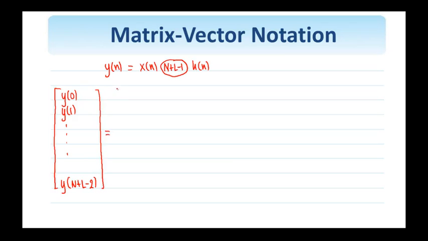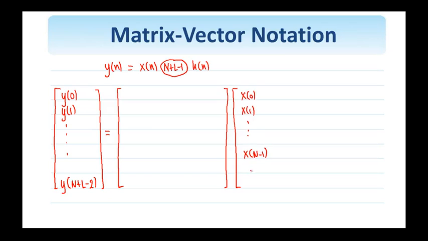this will be equal to a square matrix now, multiplying x. And x, I'll have the original values of x, 0, 1, all the way to n minus 1, and then I'll pad it with zeros, and the number of zeros is equal to l minus 1. So if we look at the structure of H here, this matrix, it will have H0 on its main diagonal,